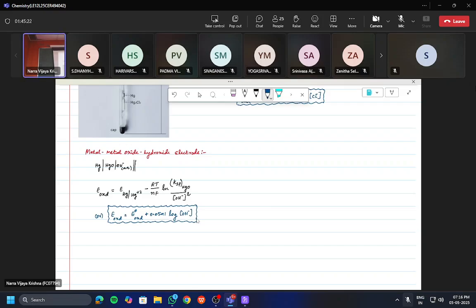Now, instead of this, if I am writing this in this way, OH minus aqueous, HgO, Hg, then what will I write? E reduction equal to E naught Hg plus 2 to Hg. If I write Hg plus 2 to Hg, then minus RT by nF, KSP term will be there. Correct? Or instead of that, if I am writing directly, E